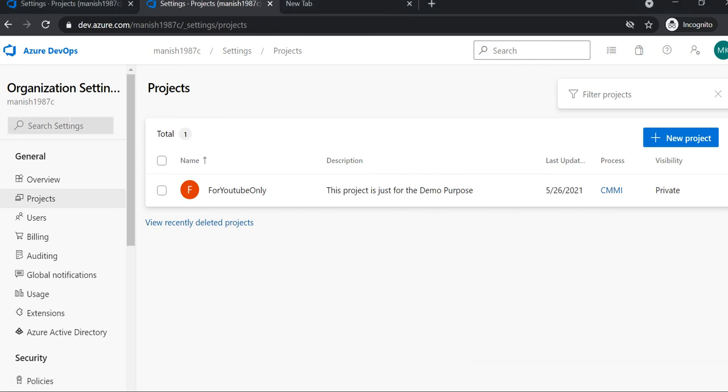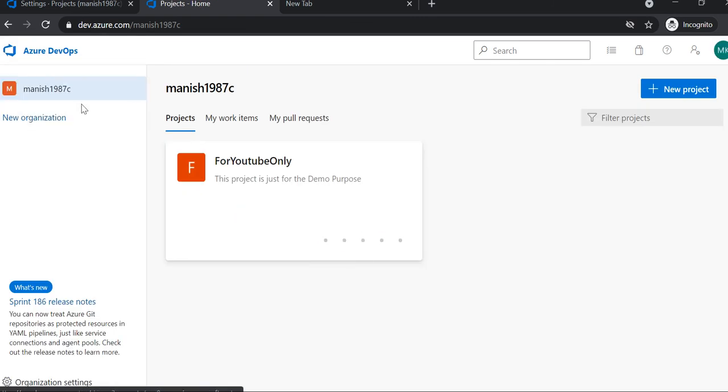So today we are going to discuss the processes present in Azure DevOps for your projects. Processes means what kind of process you want to follow for your project. Like you want your project to work in sprints, in a Scrum process, or you want to adopt the CMMI process, or the Agile process.